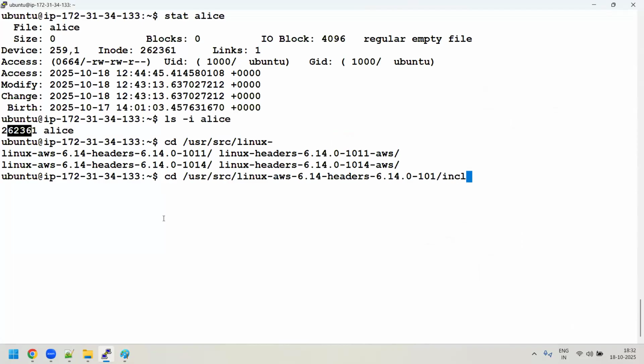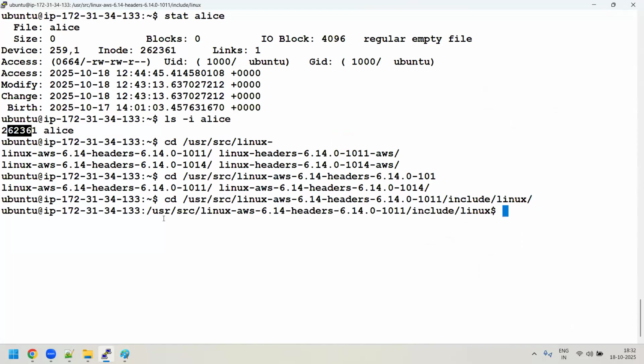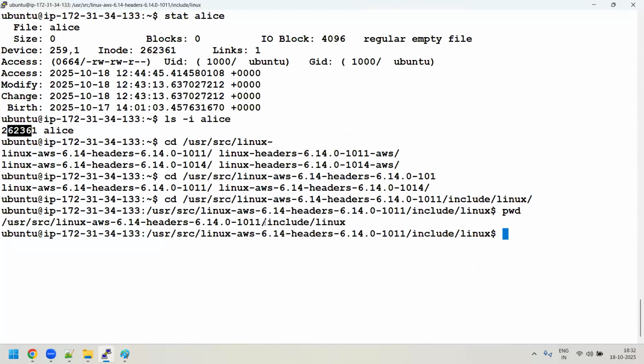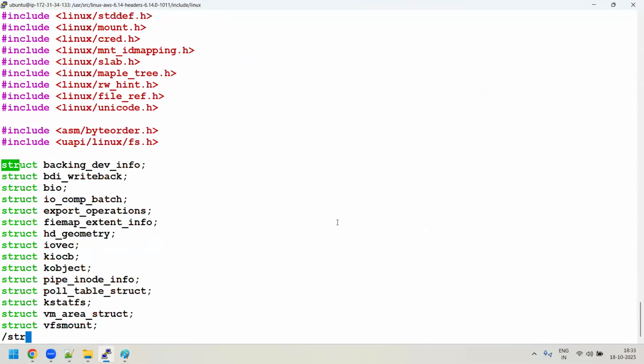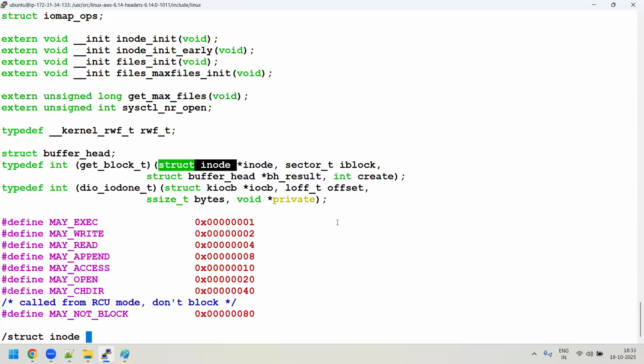Do you have to really learn this? No, sir, not required. Please don't read it, there's no need. I'm just telling you for information. Under this path, include/linux, there is a file known as fs.h. Under this, can you search for struct inode? Can you see this, guys?